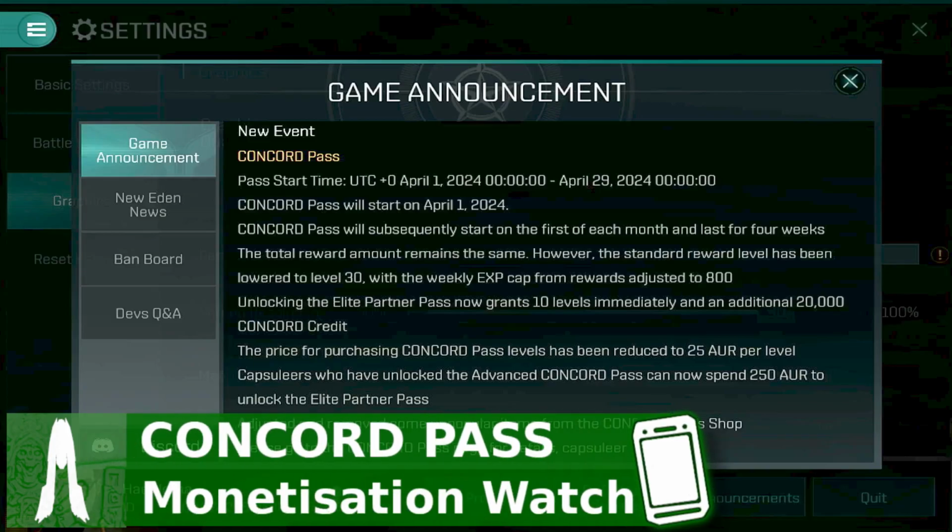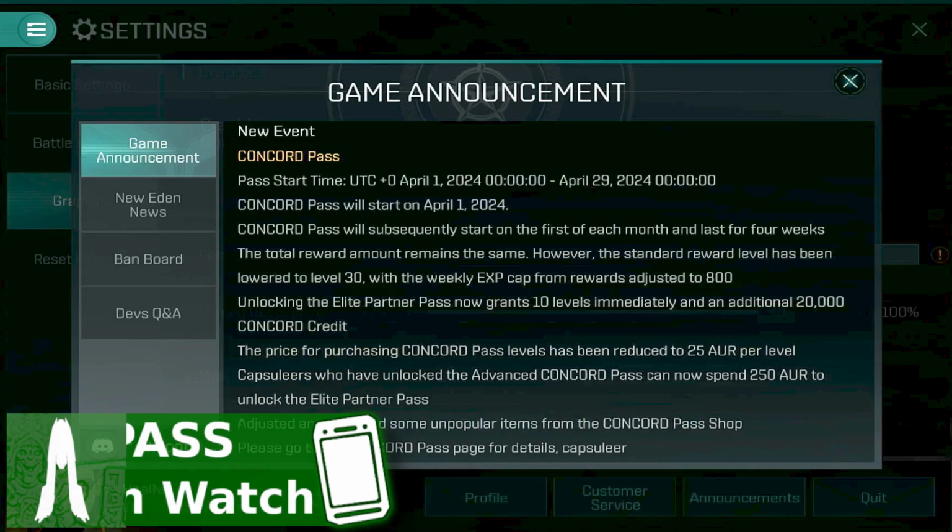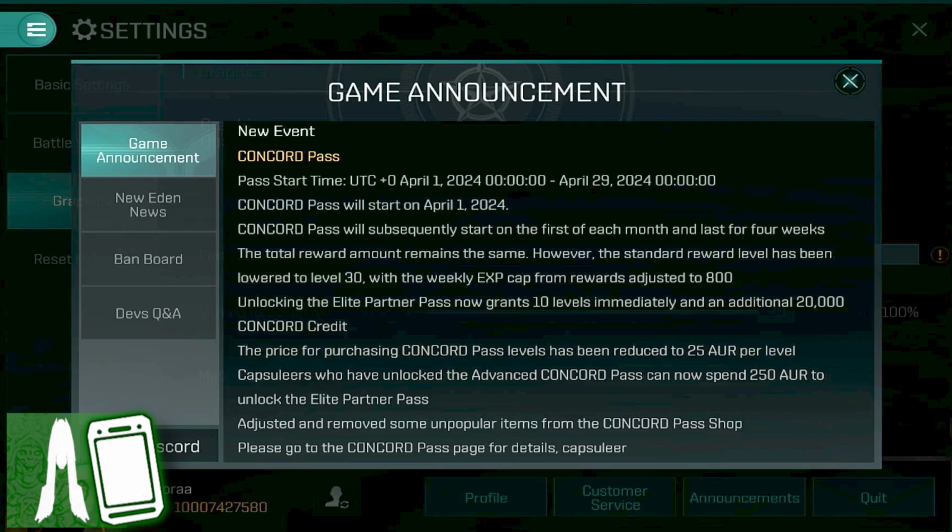Buried at the very end of last week's patch notes, we have the information on the Concord Pass. Now, usually we wouldn't go talking about the Concord Pass in EVE Echoes. Why would we? It's something we've had for multiple years now. The majority of us know what's going on, and those of us that are new to the game will quickly